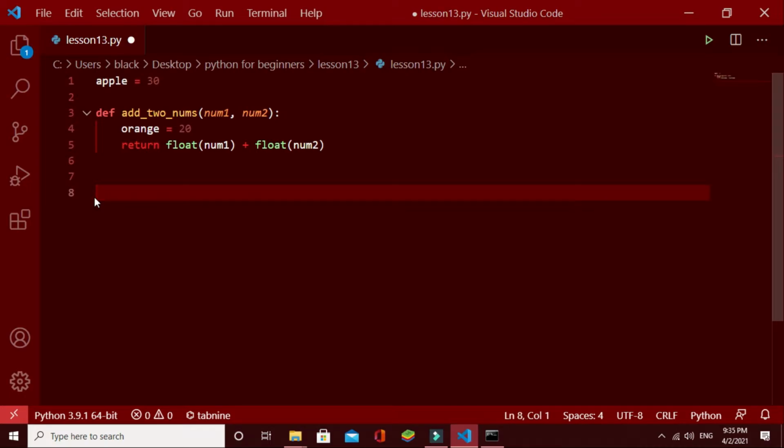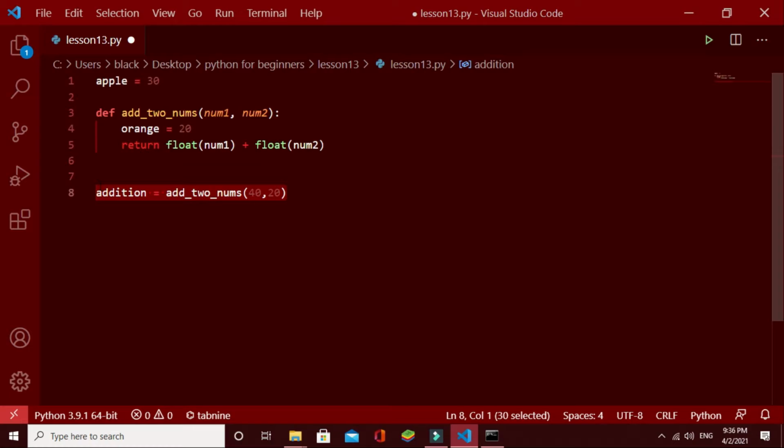Let's run this in this way. Add two nums, then let's say 40 and 20, and let's give that value into another variable called addition equals this.